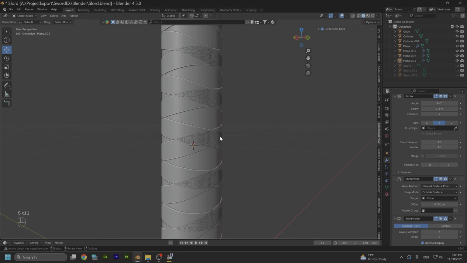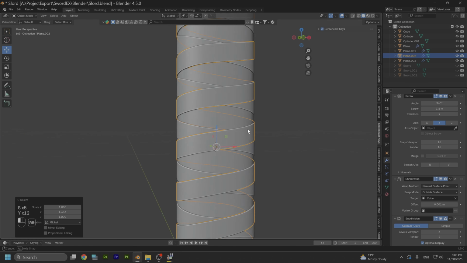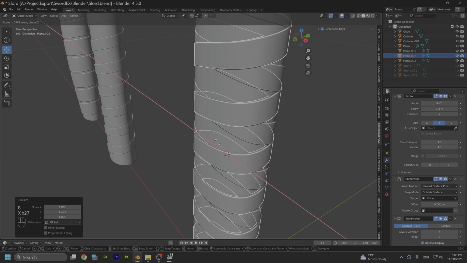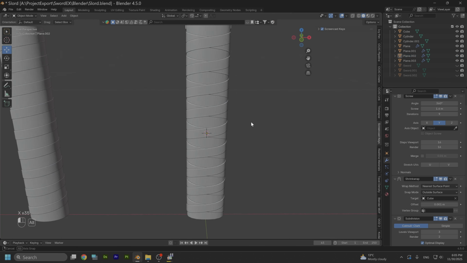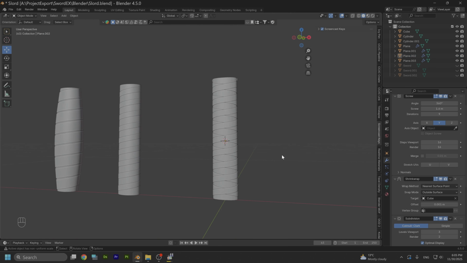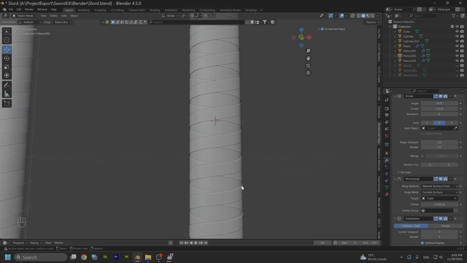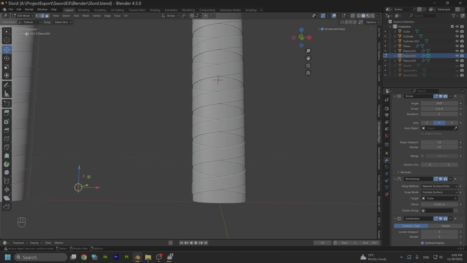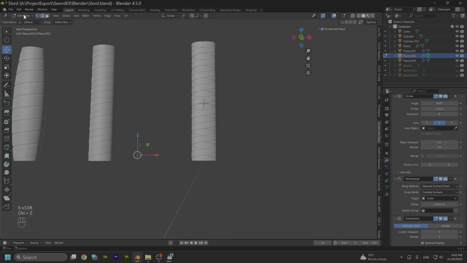So let's S and Y. Sorry, first I need to select it, S and Y. Okay, so now they are, and a little bit S and X. And now we have also this kind of handle. You always can play with the size here. So let's select this one, edit mode, can make it wider or thinner like this, but I'm going to leave it